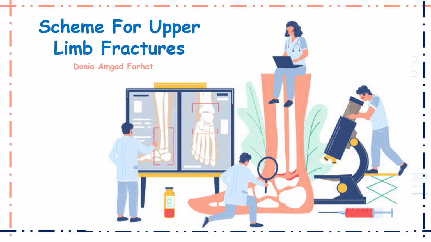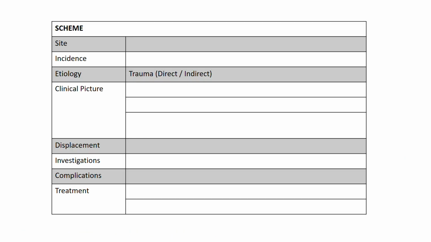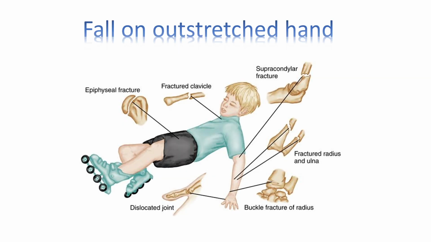It's Dania, and today I'll be talking about the scheme for upper limb fractures. This scheme will be used in the following videos to summarize all of the fractures in one tape. So, for each fracture, we'll talk about the site, the incidence, whether it's more common in females or males, in which age, the etiology, whether trauma, direct or indirect, and usually the most common indirect trauma causing fractures is fallen